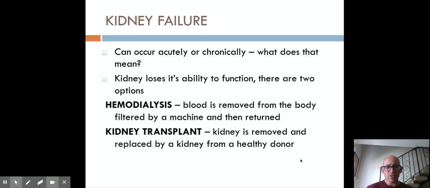So basically, what happens is 3 times a week, you go and sit for 3 to 4 hours hooked up to the machine, and they clean all of the blood, and then you don't get to do that again for another couple of days. Typically people are on either a Monday, Wednesday, Friday, or a Tuesday, Thursday, Saturday schedule. When I was in the ambulance, I would transfer a lot of dialysis patients who are unable to walk. We would have them on stretchers and gurneys to take them in and out of dialysis.